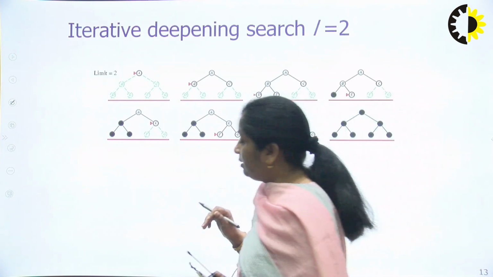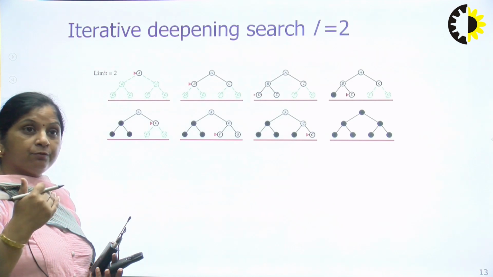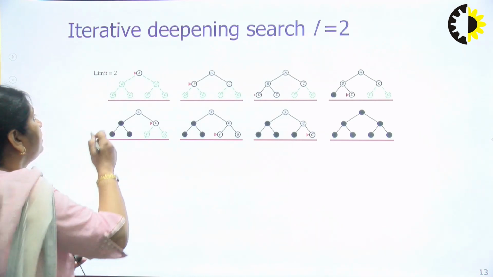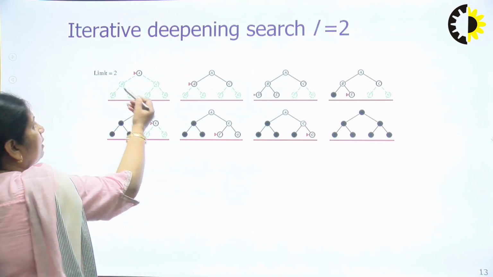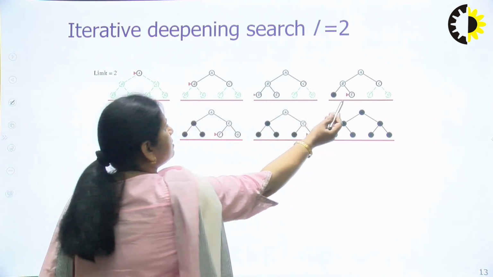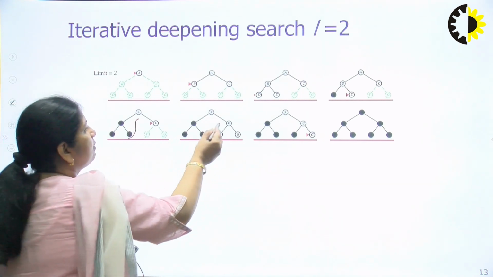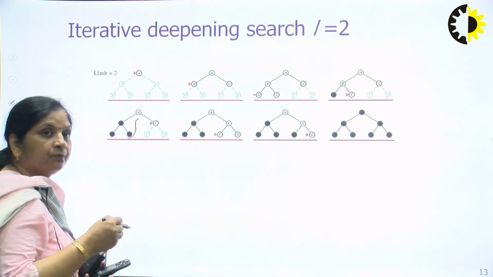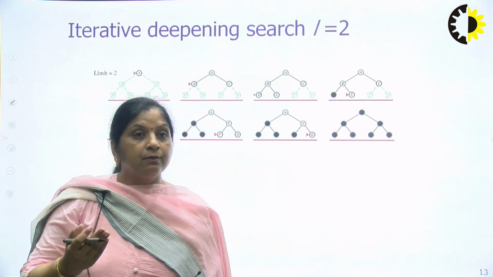Now because we are having up to 2 depth and we want the best quality of DFS, what will we do? We will apply DFS up to 2 levels. So A, B, then its neighbors. After exploring this limit depth, then we'll go to this side. Okay, so we increase the depth